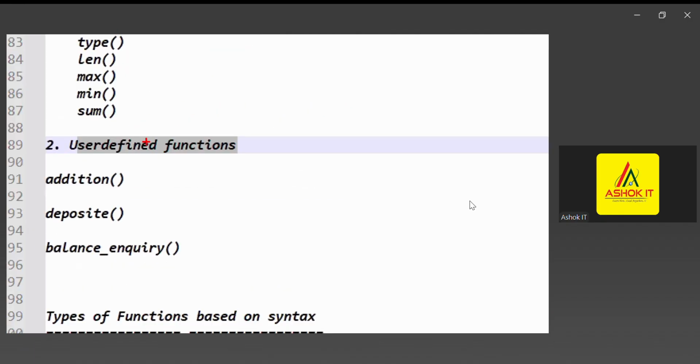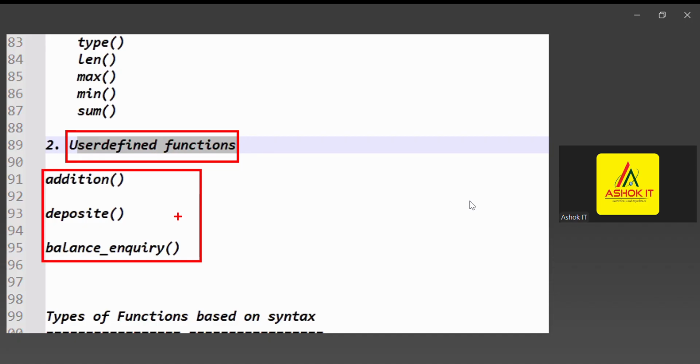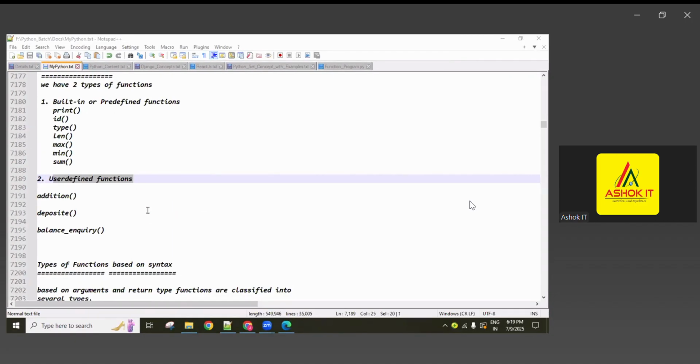Next, user-defined functions means functions that, as a developer, as per our requirement, we can create by using the def keyword. For example, addition function, deposit function, balance inquiry function, F1 function, F2 function, message function, like that. Okay, and next,